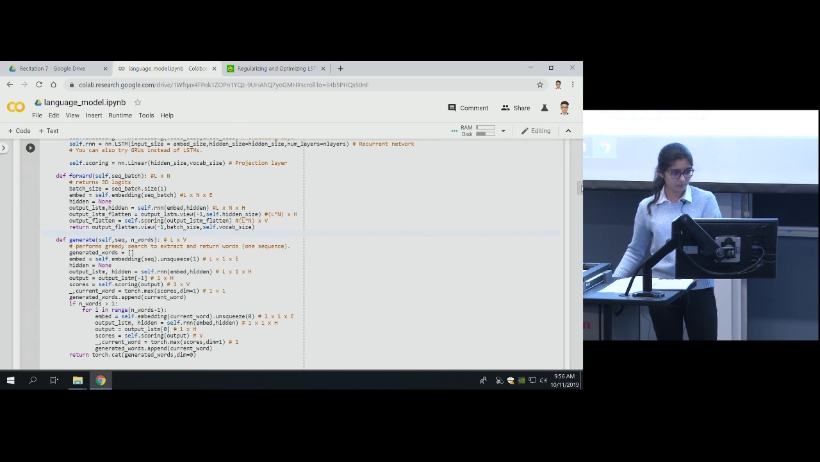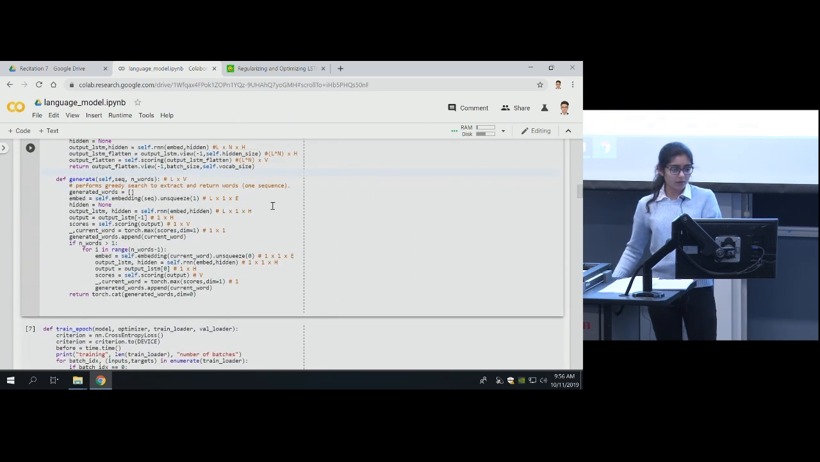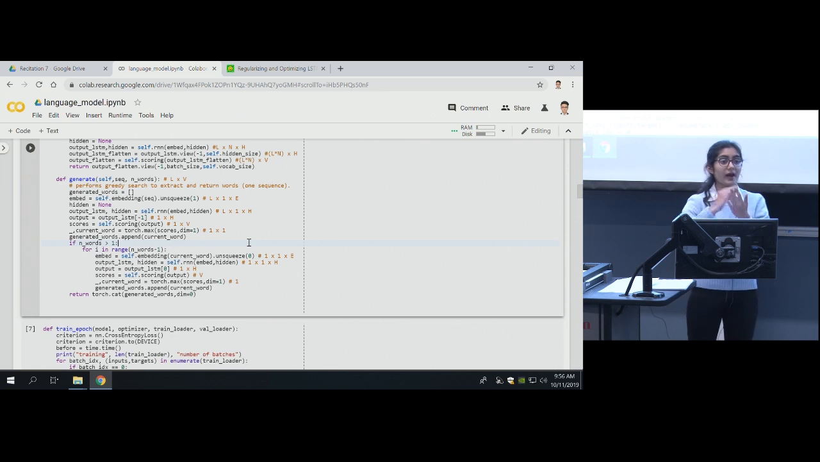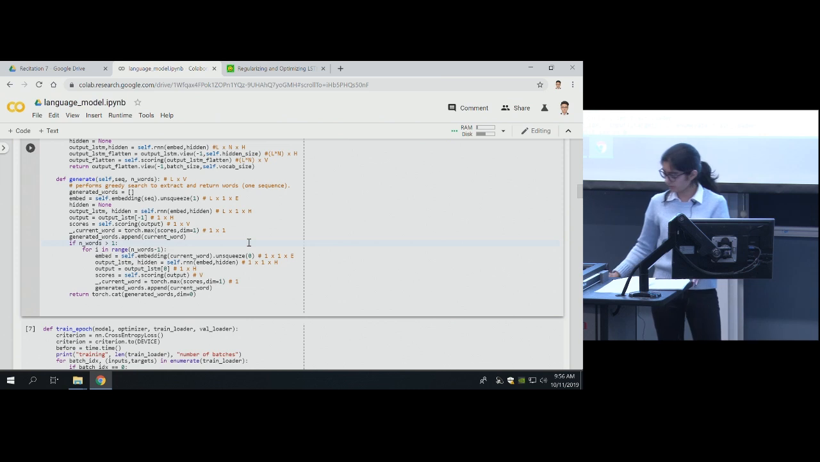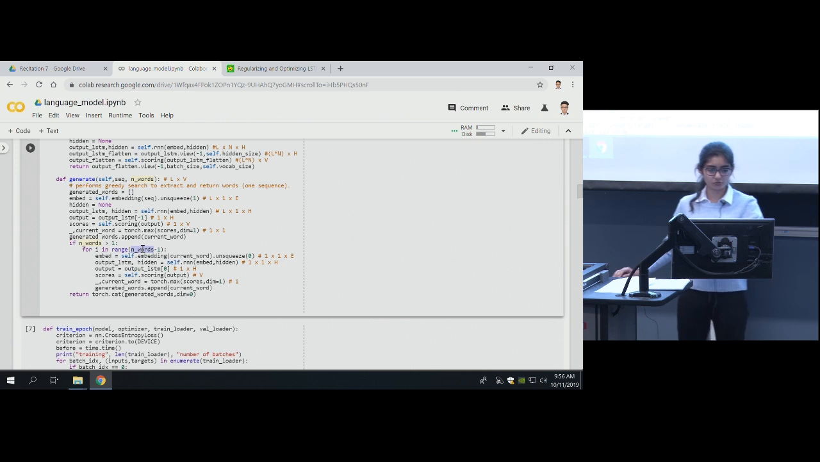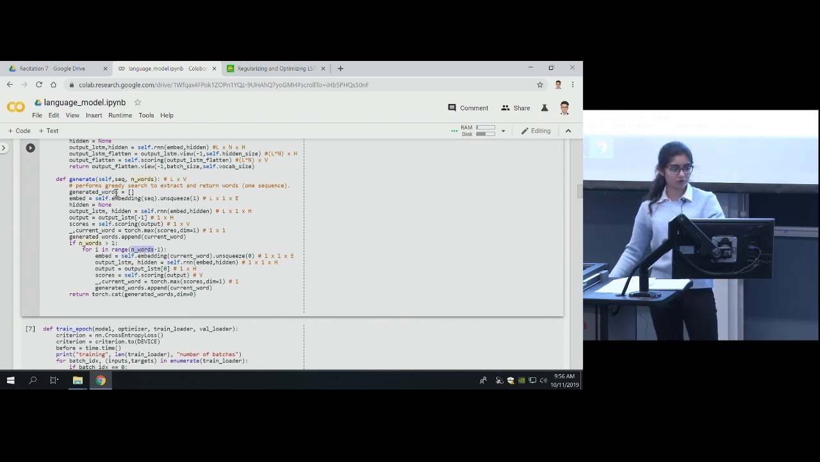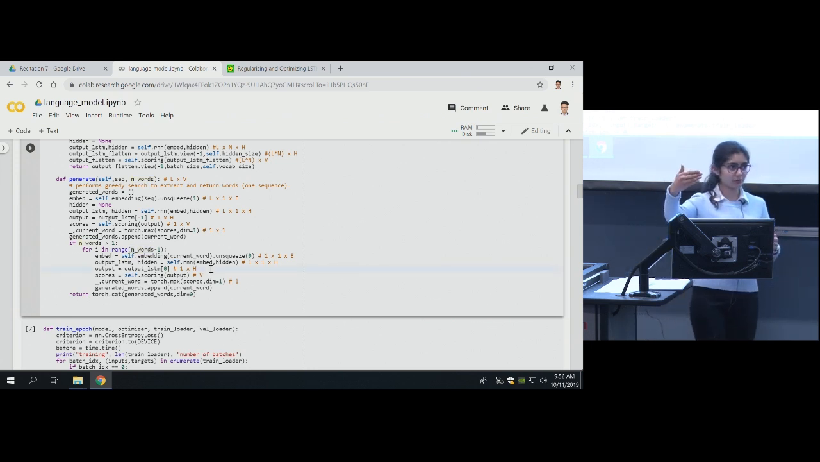So in the generate function, this is where we're trying to generate the next character. Or in other scenarios, it might be the next word. So suppose we wanted to complete a sentence. Over here, we're setting n words, the number of words that we want to generate. So we loop over and generate that number of words. The logic up here is the same as the forward, but when we get the last output, we feed that back in